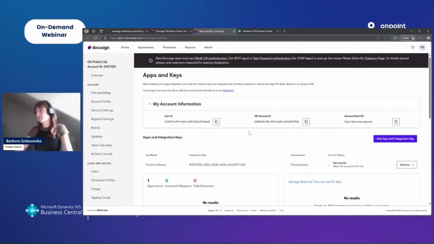It's very similar for the account ID, which is the unique identifier of your DocuSign account, and this value will be pre-filled automatically in our wizard since the system knows that you selected the corresponding demo scenario. And